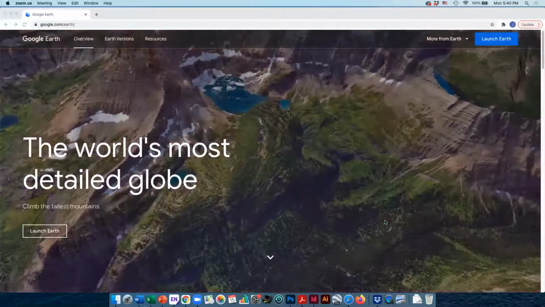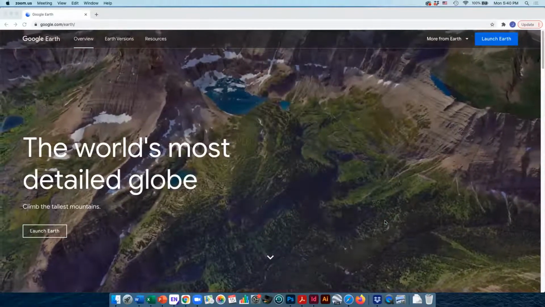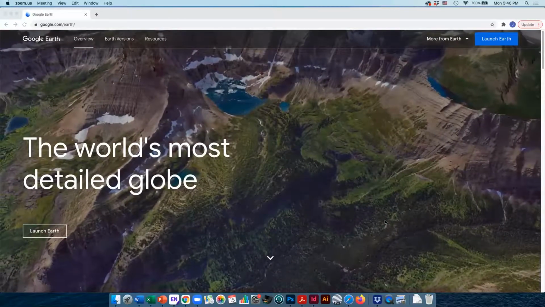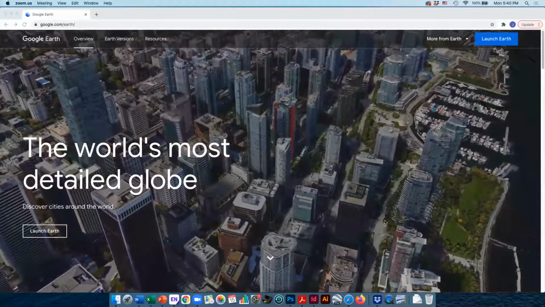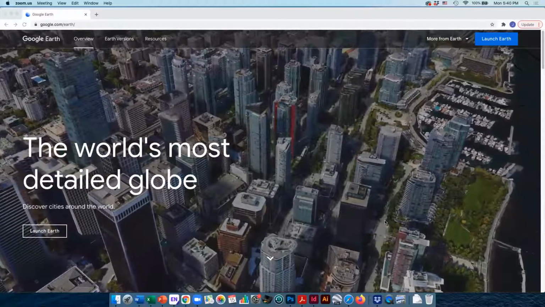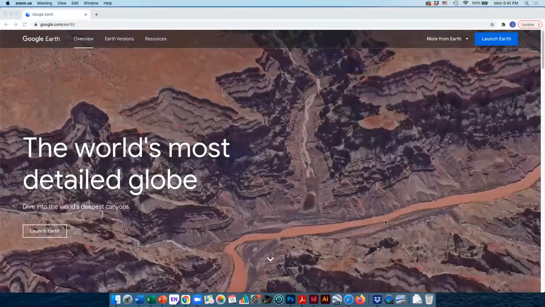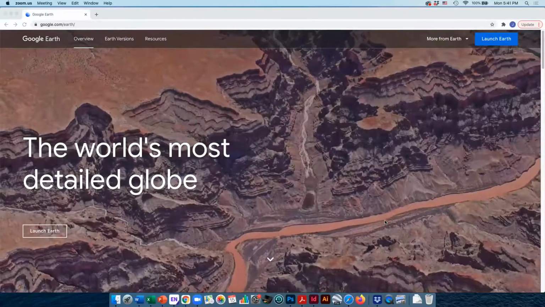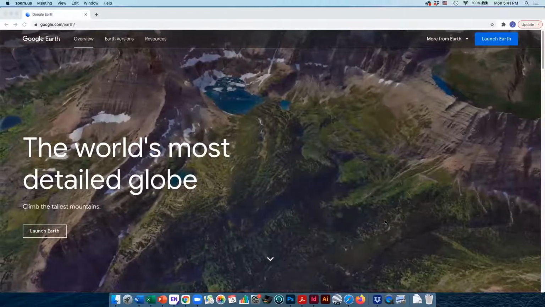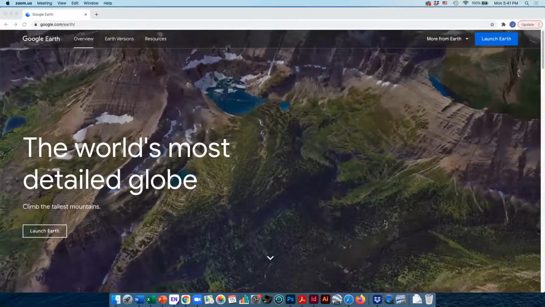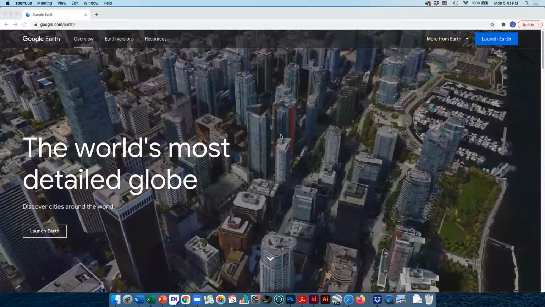With this video, you'll learn how to obtain a time series of satellite and aerial images using Google Earth Pro. You'll also learn about useful tools that help with measuring acreage, getting location coordinates, and viewing height differences in a landscape. So the first thing to do if you don't already have Google Earth Pro is go to